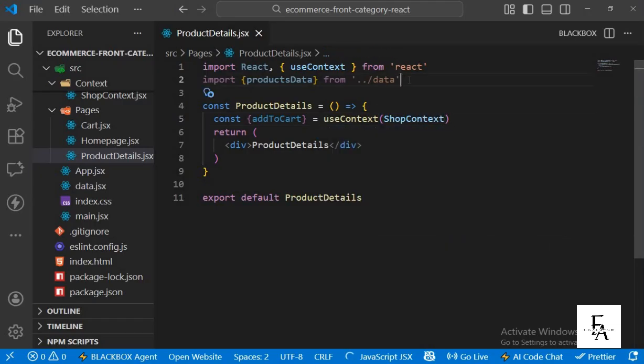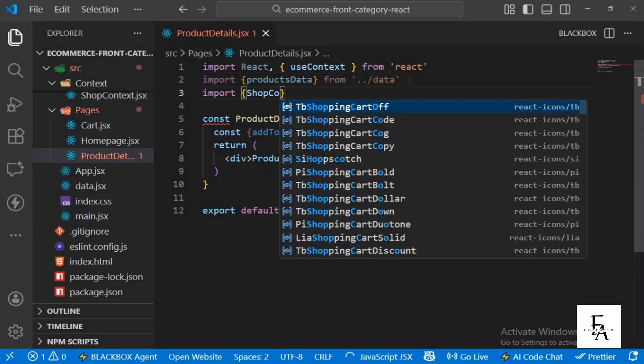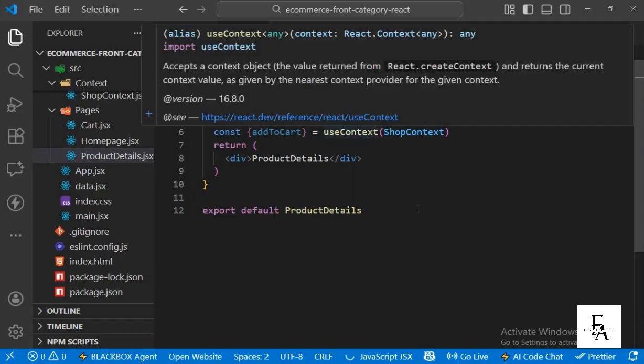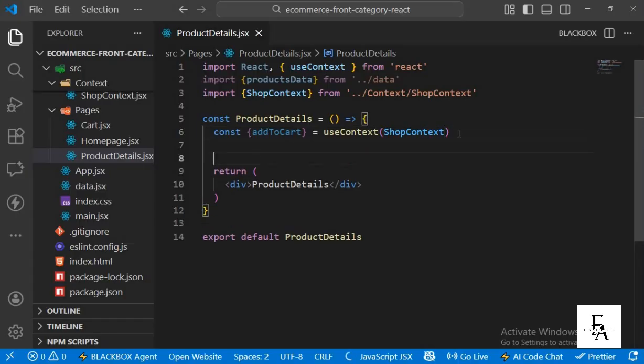So I need to import ShopContext from ./context/ShopContext. Okay, so we have ShopContext, and now the next thing we need to work on is to